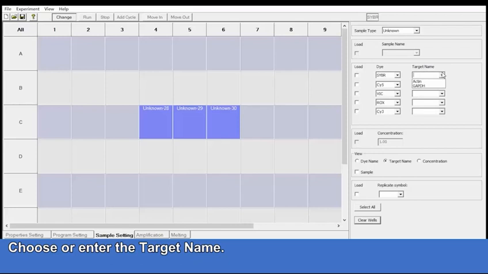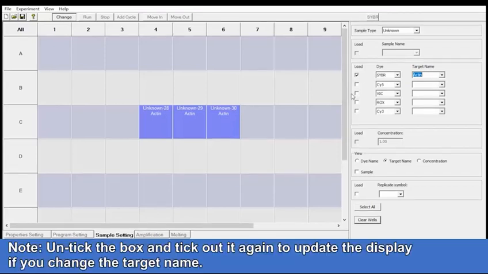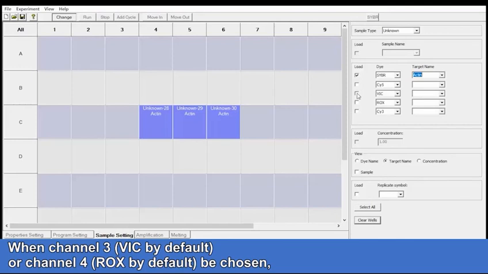Choose or enter the target name. Tick the load box to display the target name in the corresponding well position. When Channel 3 VIC by default or Channel 4 ROX by default is chosen,